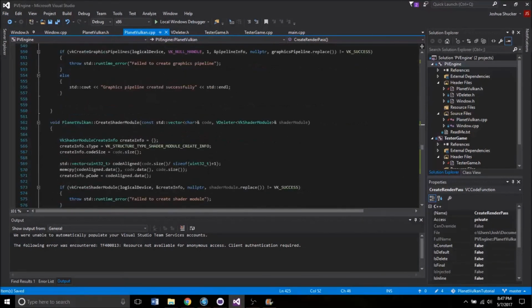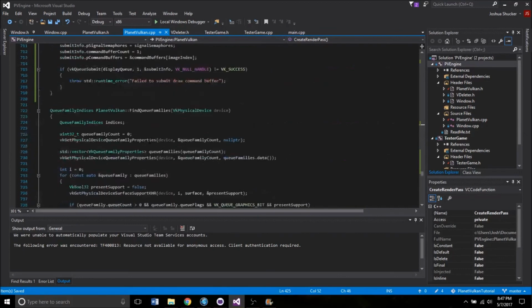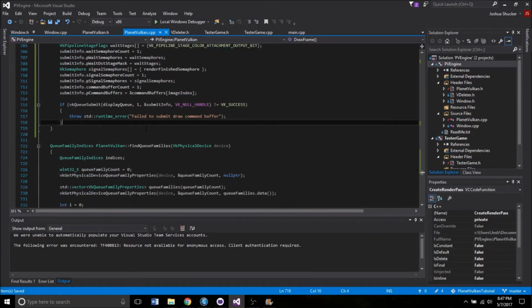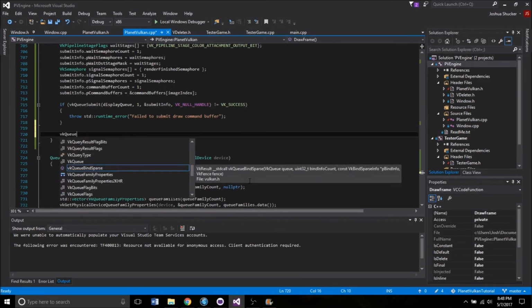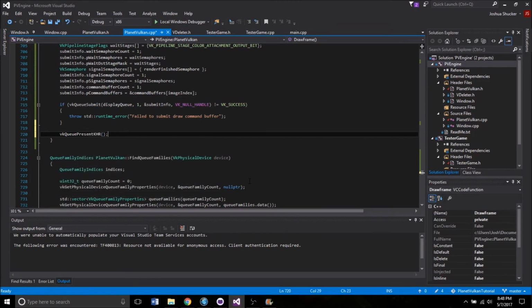We're almost there. Let's just get back down there again. Here we go, DrawFrame. So we are right after the if vkq submit. So we need to receive the output of that submission and then present it. So the way that we present it is by calling vkq present khr. And all you have to pass in is the graphics queue. Nope, sorry. Display queue. There we go. That's forgetting my own names. Display queue, and then you also need a